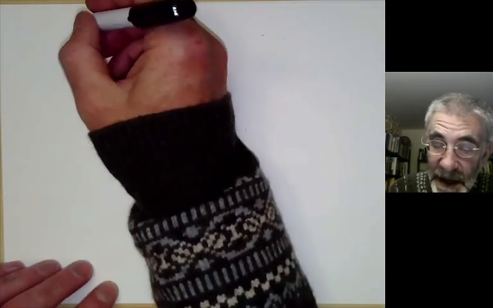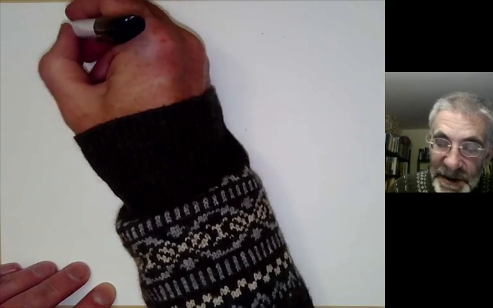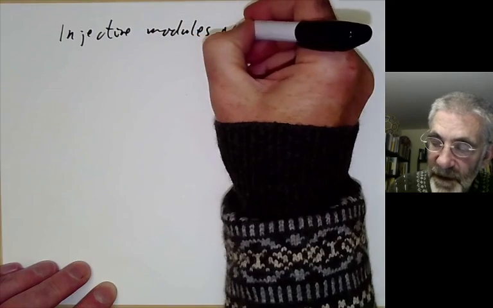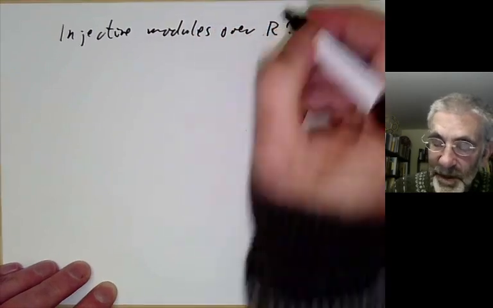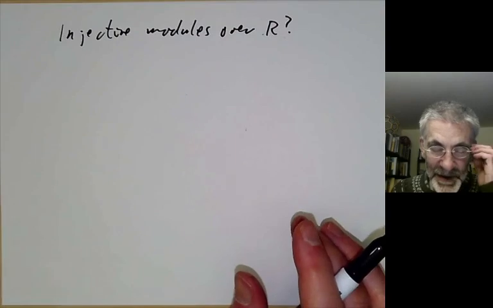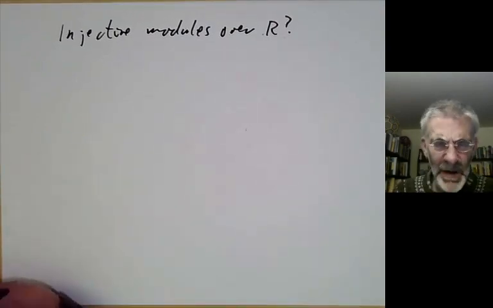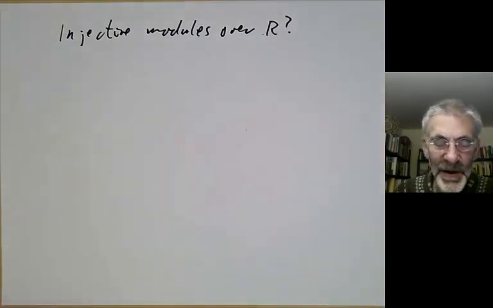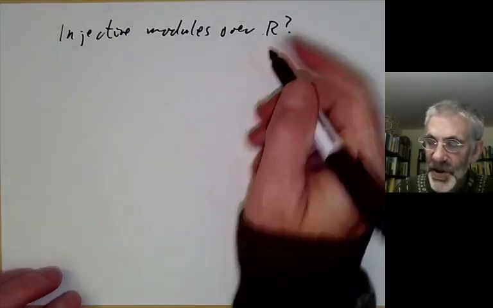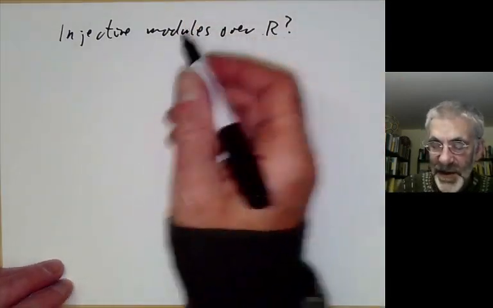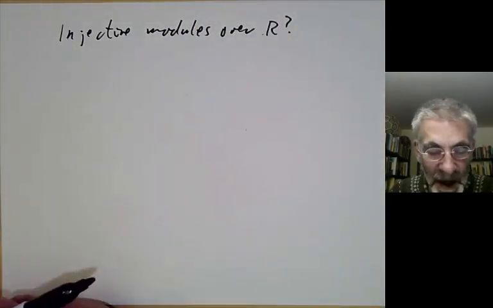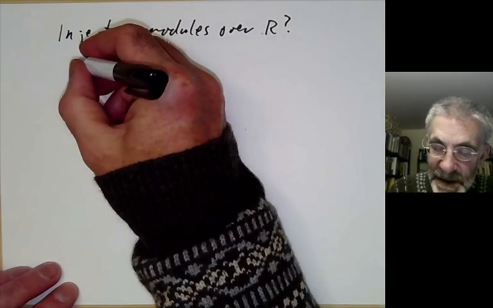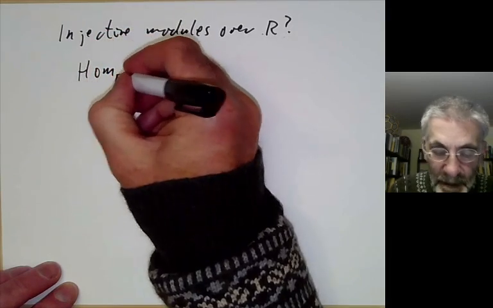Well, that's done injective modules over the integers. What about injective modules over more general rings R? And doing it for the integers was quite messy. So for general rings R, it looks as if it might be even worse. But fortunately, it turns out to be very easy to lift injective modules from the integers to the reals. And the key point is that hom over Z from R to I